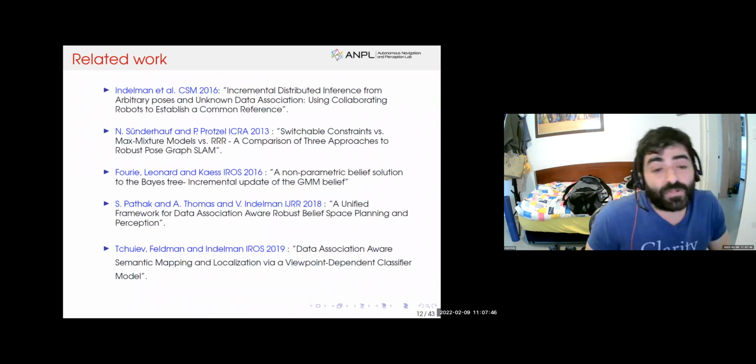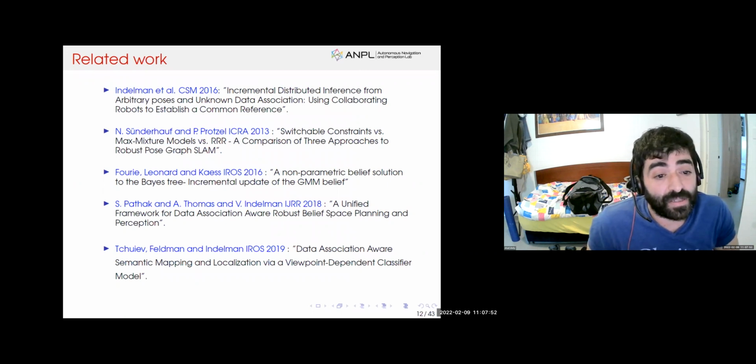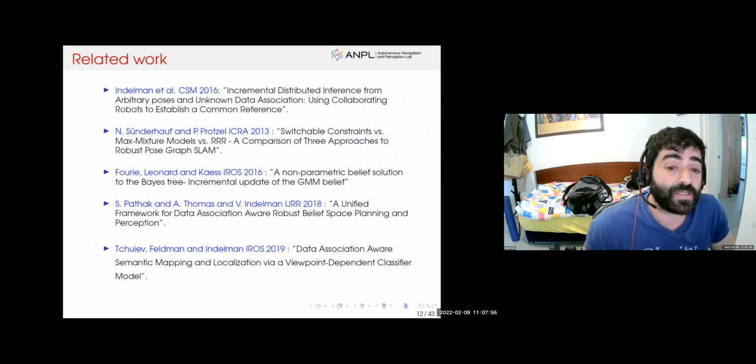A bit about related work that actually dealt with relaxing the data association assumption. Indelman at CSM 2016 performed inference from arbitrary poses and addressed the data association relaxation by using multiple robot collaboration. Pathak and Sunderhauf show how multiple data association can be described by using a switchable constraint in factor graphs. Fourier addressed this in the